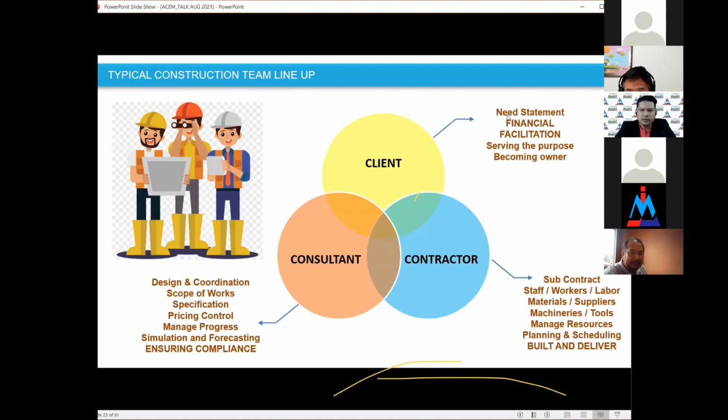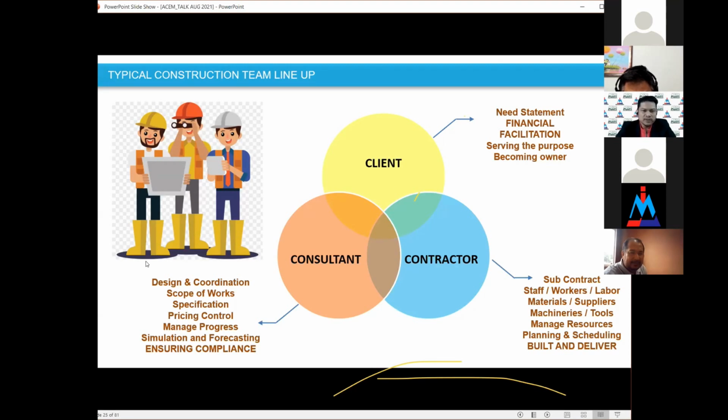The client will prepare the requirement needs, handle the financial side, and facilitate our project. They serve the purpose of developing the project, and they either become the owner or represent the owner. That is the function of the client in general.